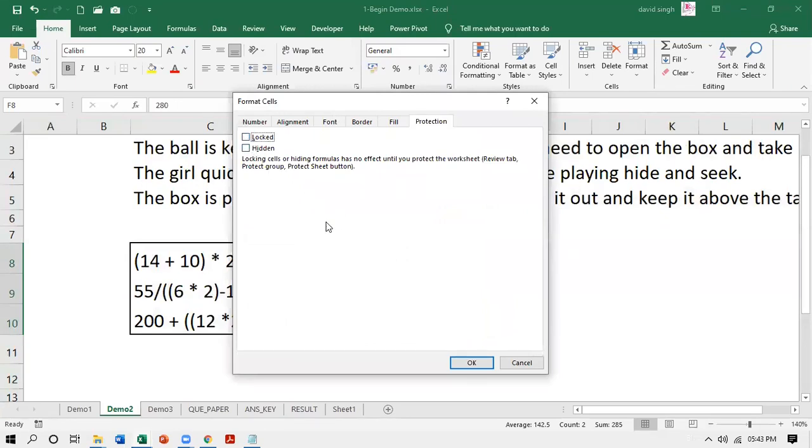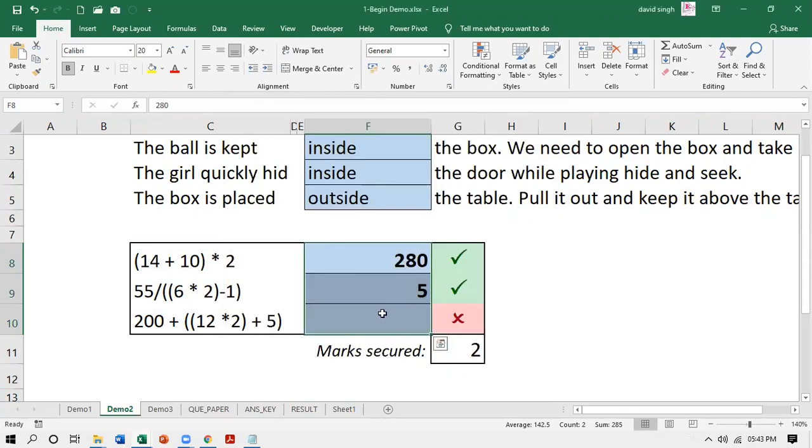I am removing the tick mark. So these three cells are not locked because my students are going to change them. They should be allowed. This is done. All the cells are locked except these three.